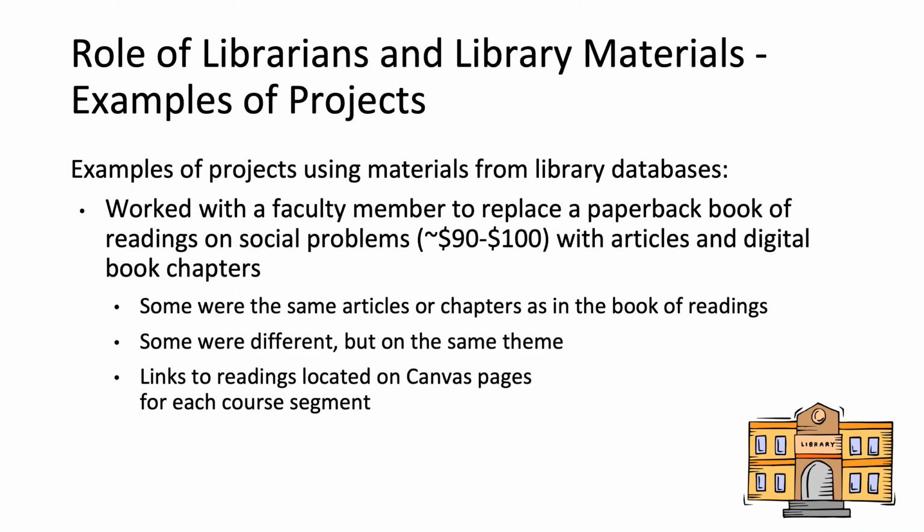And for things that we couldn't find, some of these articles in our journals, or a book chapter somewhere, we were to feel free to try to find similar articles or chapters, but on the same theme. And we did some of that. In the end, he decided that finding about 50% of the same articles or chapters, and then having a few additional articles from journals was perfectly acceptable. And he's been doing that now for a couple of semesters.